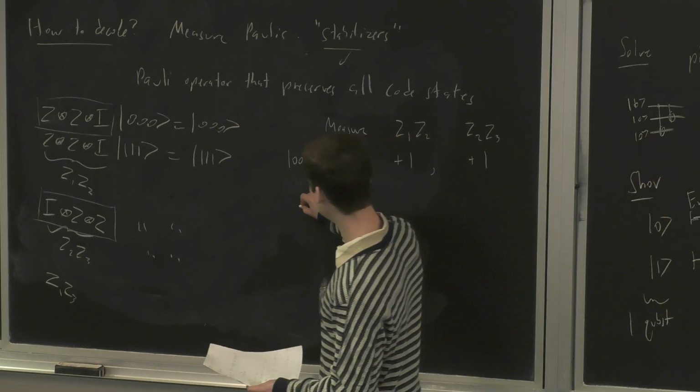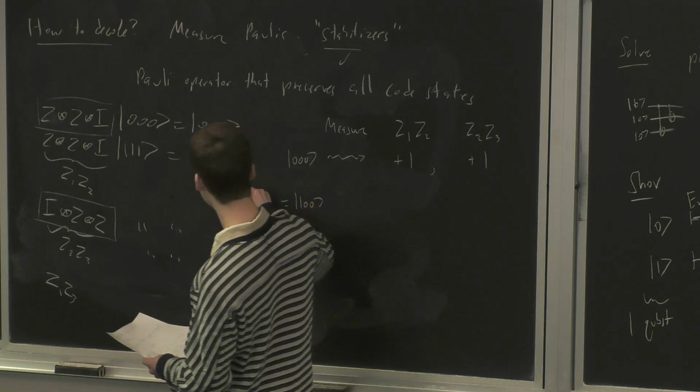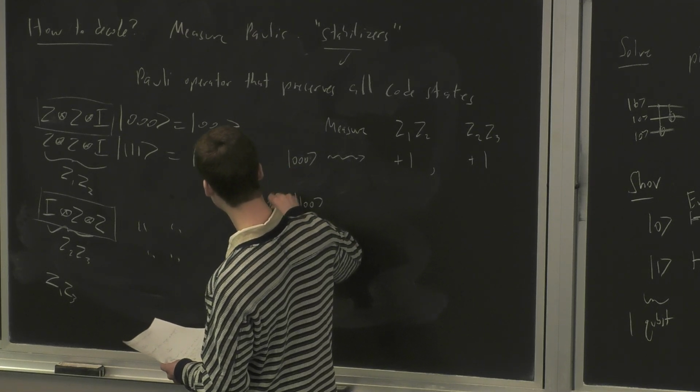If we instead have, say, 1, 0, 0, which is what happens when we apply an X error on the first qubit to 0, 0, 0,